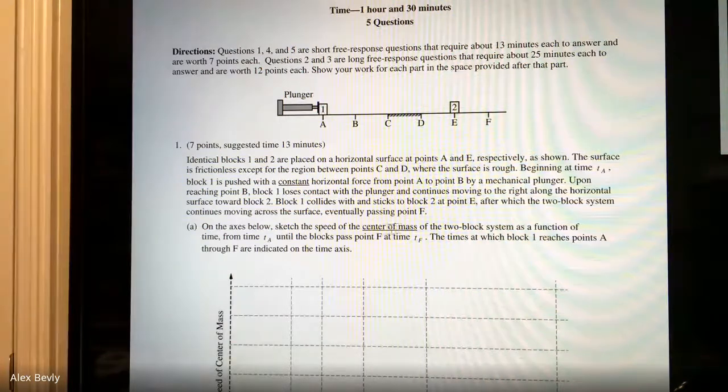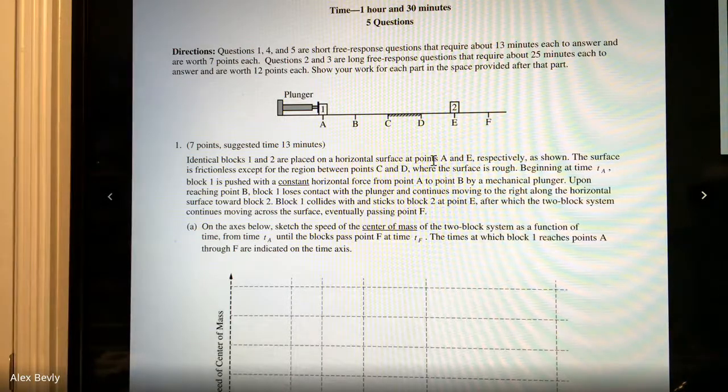This is legitimately a difficult thing to think about, even for people who've done physics for a little while. So we're looking at the average speed of these two masses together. We need to look at the average of the speeds between these two masses, not the average speed for the masses across the distance, but I would have to do speed of object 1 plus speed of object 2 divided by 2. So we're looking at the average speed along the entire thing as a function of time until the block passes